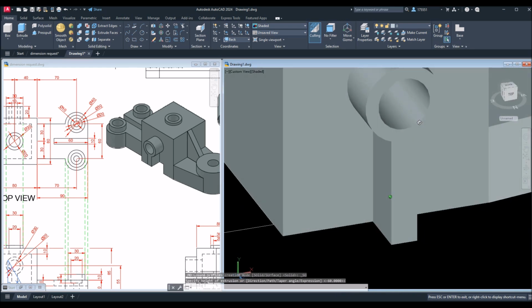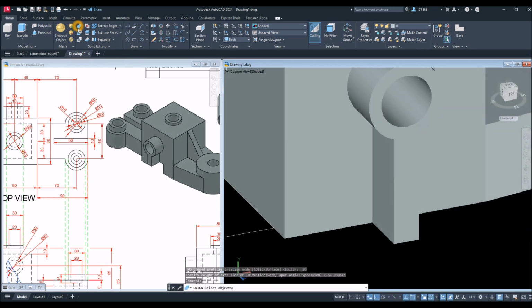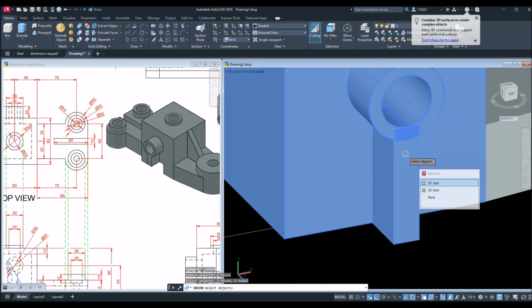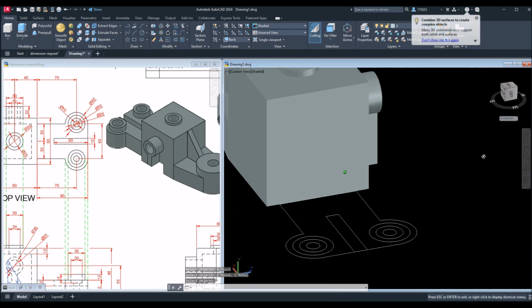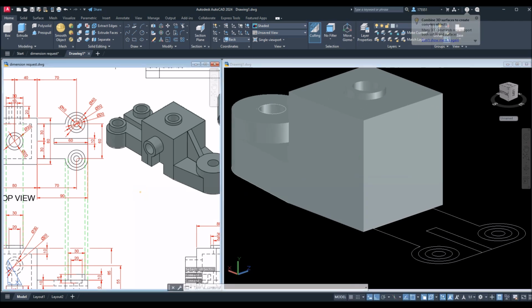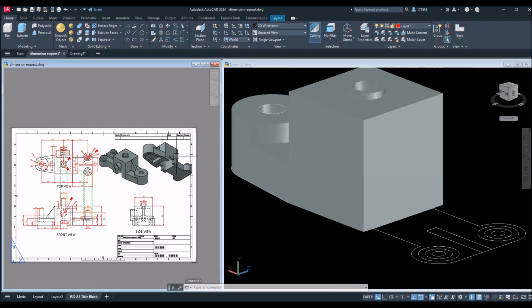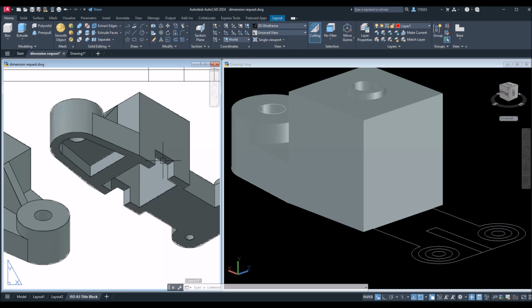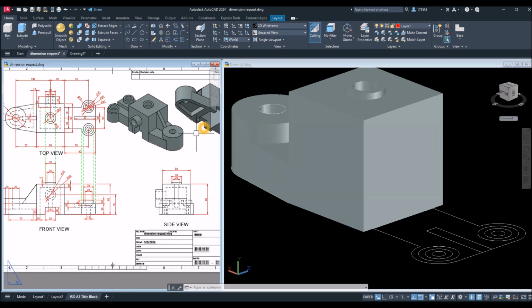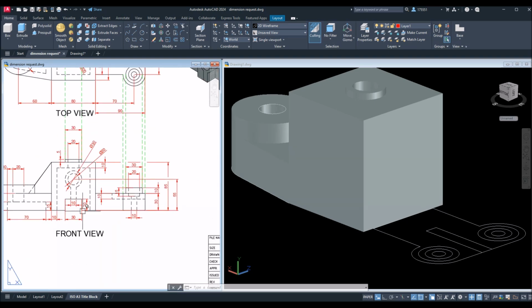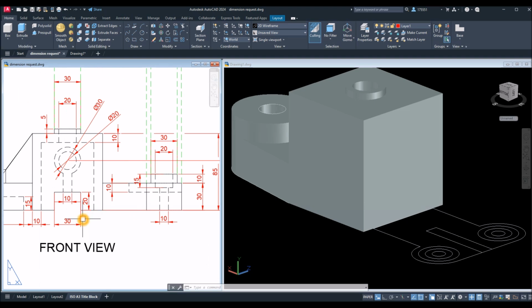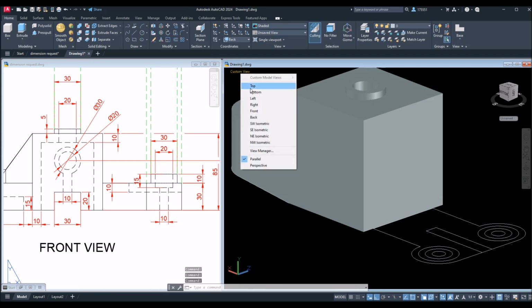There you go. And now I'm gonna union the objects, union this one and this one. And the next thing I'm gonna draw is this cut here across, and looking from front view, the width is 30 and the height is 20. So bring this to front view,